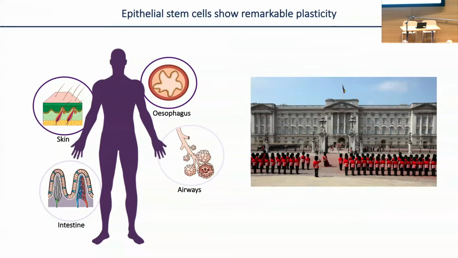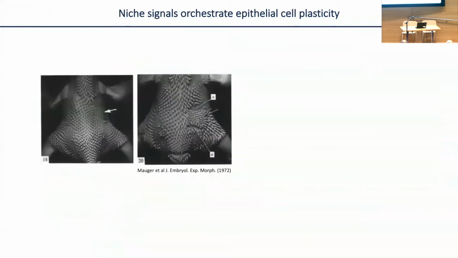And one of those mechanisms is cell plasticity, that allows lineage-committed cells to reshape their cell fate in response to tissue damage. In response to tissue injury, we know that the tissue microenvironment, or its niche, is critical at orchestrating cell plasticity events. For example, this pioneering study from the 70s used a chick embryo to show that areas of